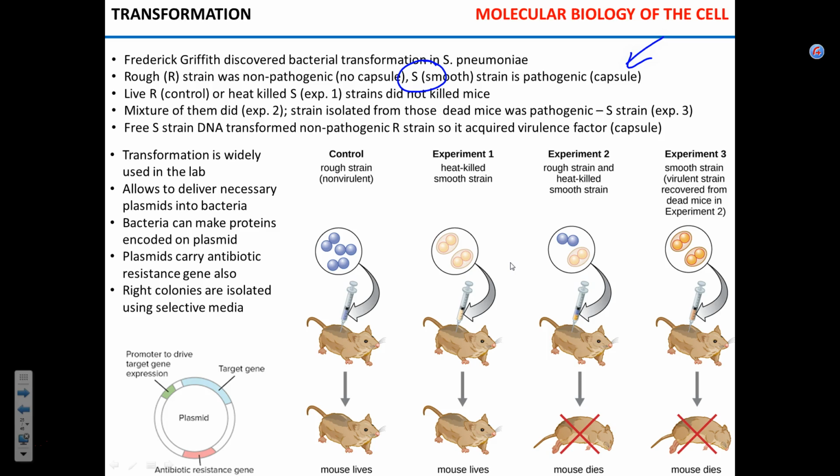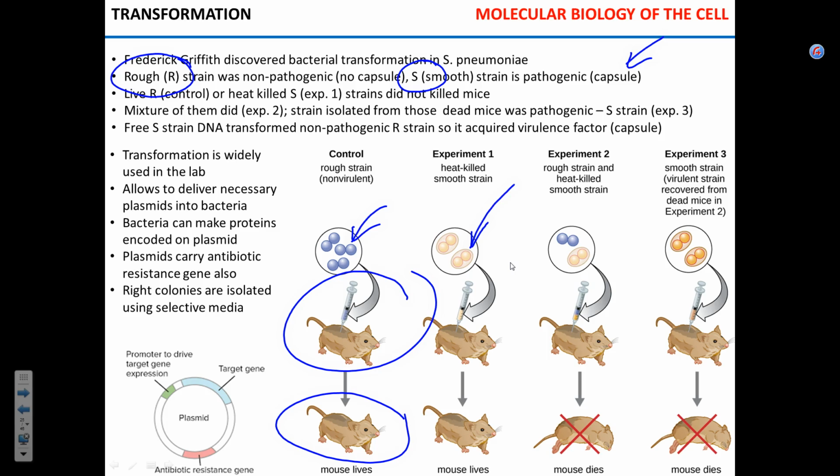The smooth is exemplified here. The non-pathogenic strain, or rough strain, did not have a capsule and is shown here. So his experiment was, he took the non-pathogenic strain, inoculated bacteria into the mouse, and the mouse survived, which is